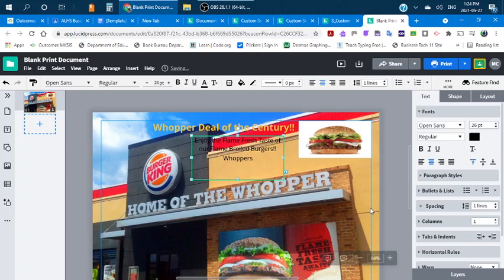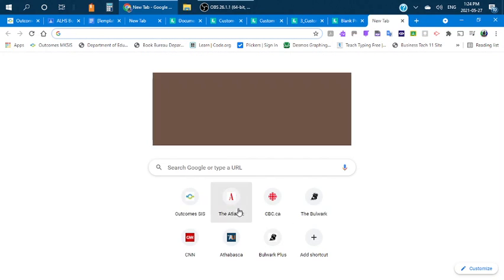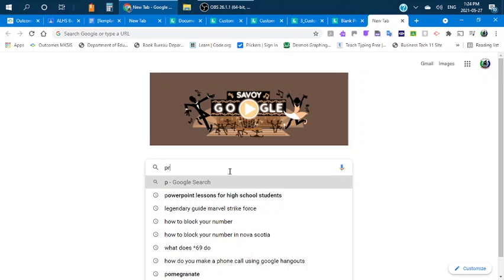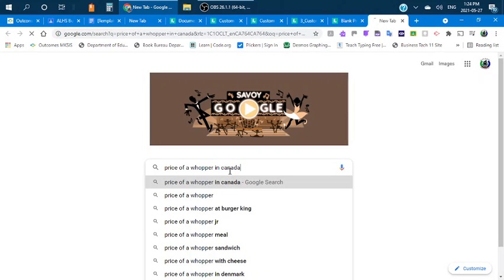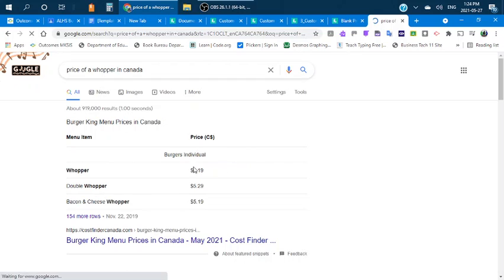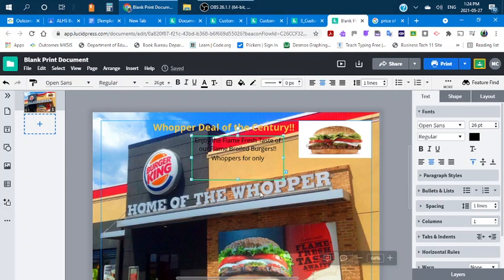Whoppers for only. Now, I'm not sure of the actual price of a Whopper, so what I can do is go over to Google and type in price of a Whopper in Canada. Sure. There we go. A Whopper is $4.19, so I want this to be a deal. So when I go into mine, I'm going to say for only, so they're saying $4.19, so this is going to be for only